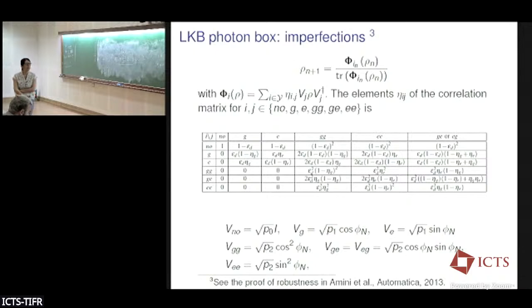Suppose that you have many imperfections in the experiments. For example, one possibility for imperfection could be that you measure the state in G, but it could be E, or you have a sample where you have 0, 1, and 2 photons, which are given by the Poisson distribution. And in fact, for the dynamics, there is a nice paper, I forgot to mention here, by Somaraju, who was a postdoc here,